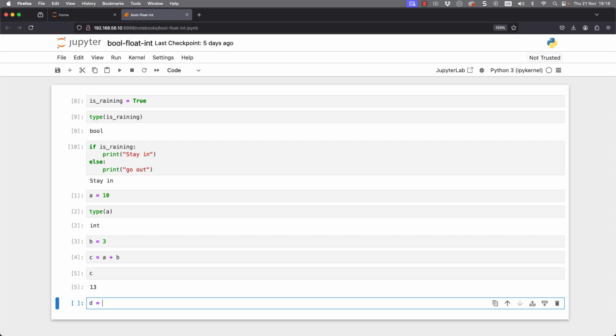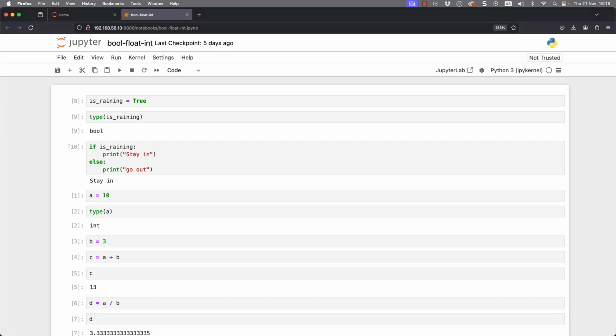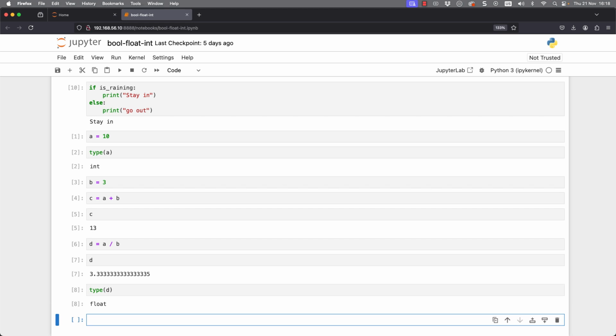But if I do another calculation where I have my variable d is assigned the value of a divided by b, so 10 divided by 3, and if we look at the result, well, we can see then that this is not a whole number. It contains a fractional part after our decimal place. So this is in fact a float. And we can, of course, now go through and check it. We know how to do this with our type. So type d, and we can see then that the function type is returning a float.